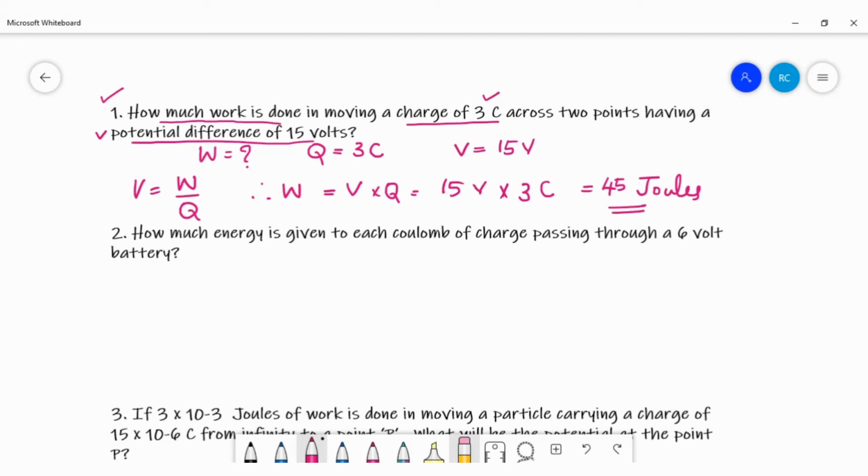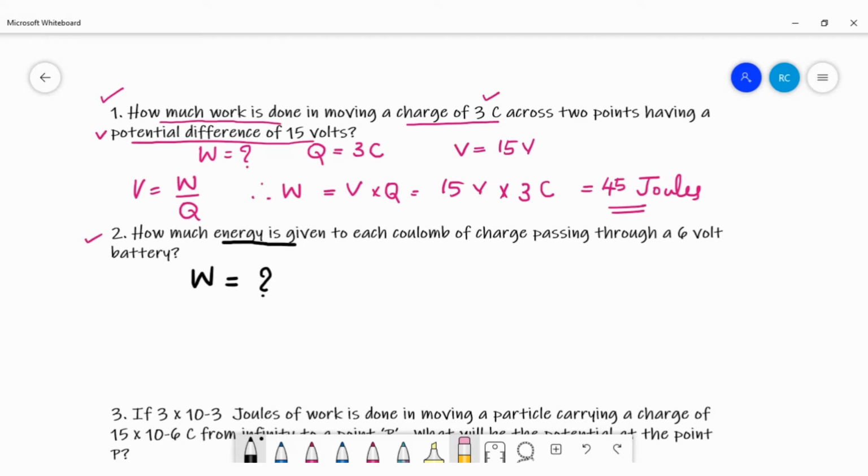Okay. Now the second question: how much energy is given to each coulomb of charge passing through a 6 volt battery? How much energy is given? Usually, if they are asking you to calculate the energy, you should understand that they are actually looking for W. W is actually the energy. Work done we are measuring in terms of energy. So they are asking you to calculate W, the work done. So energy you have to calculate